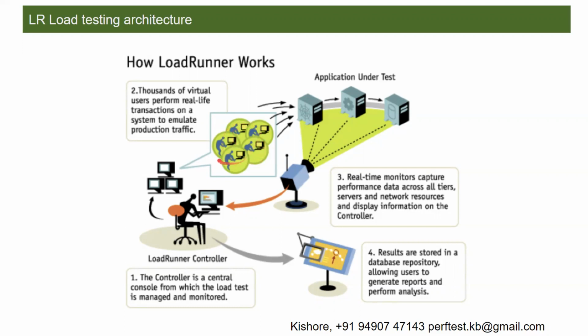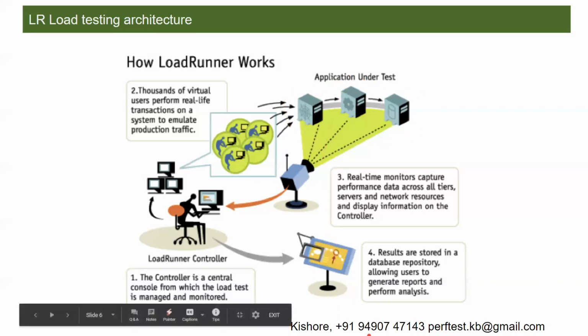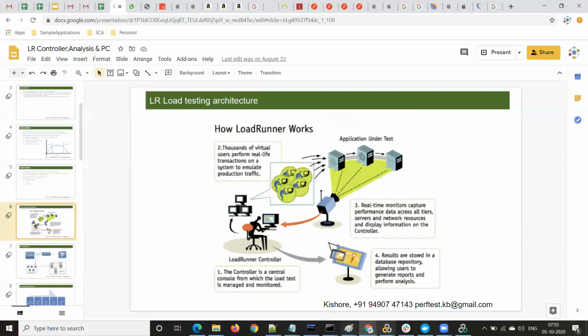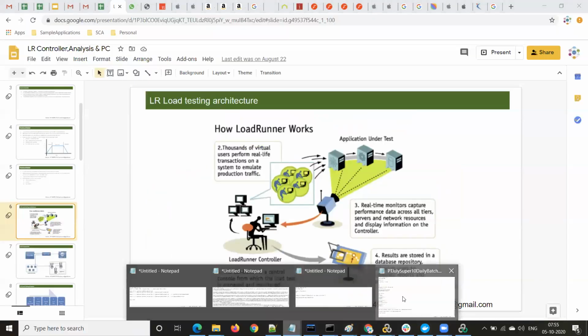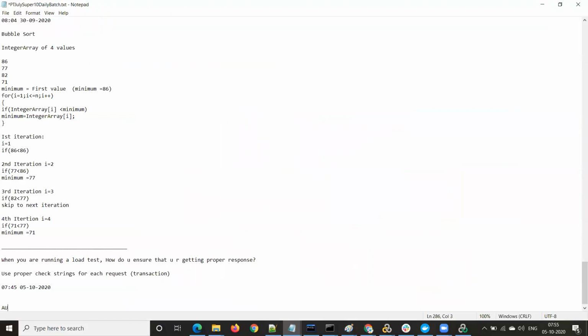Now what do these virtual users do? This is done with the help of scripts. The scripts will be simulating users against your application under test. Assume that this is your web tools application, or your JPetStore, or an SBI net banking application. Whatever the application, IRCTC or redbus.in, whatever you are testing, that is called the application under test, in short AUT, or system under test. Both are the same.